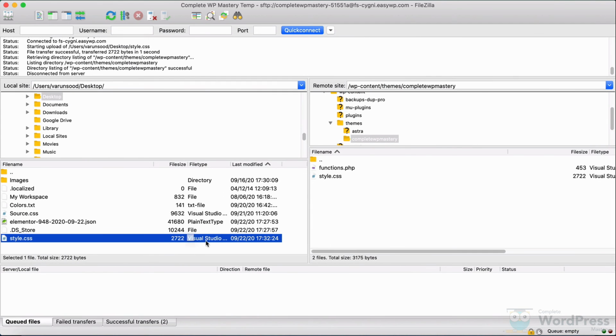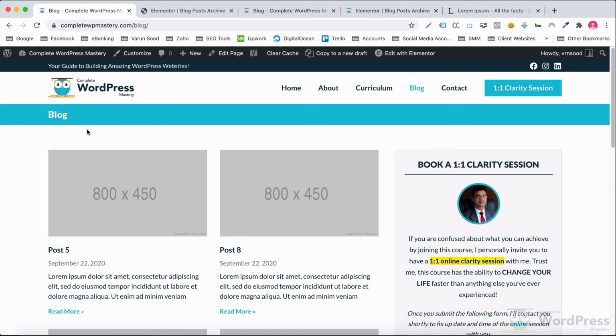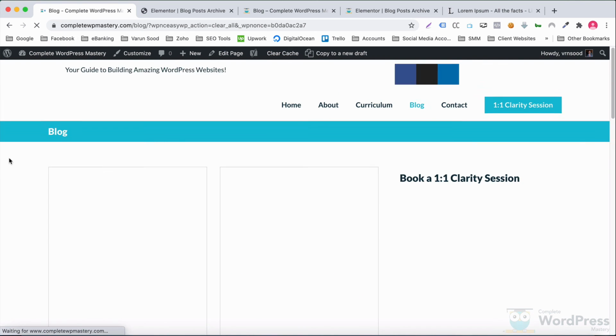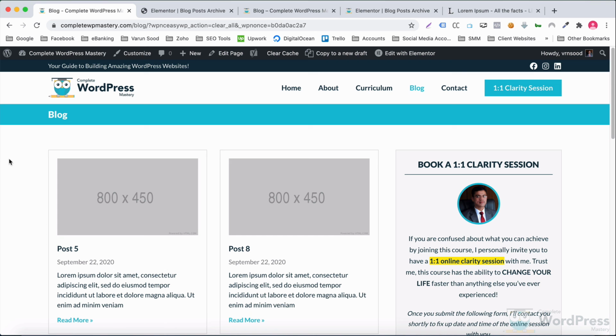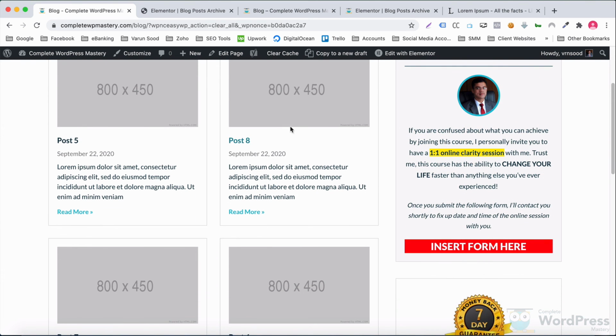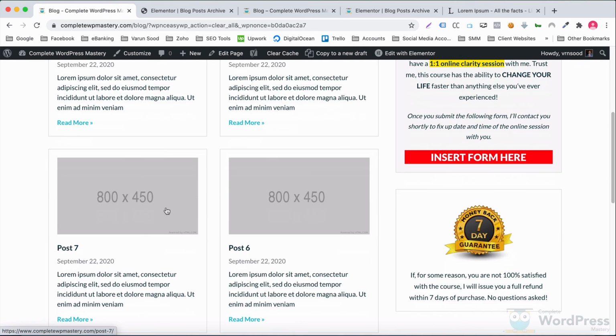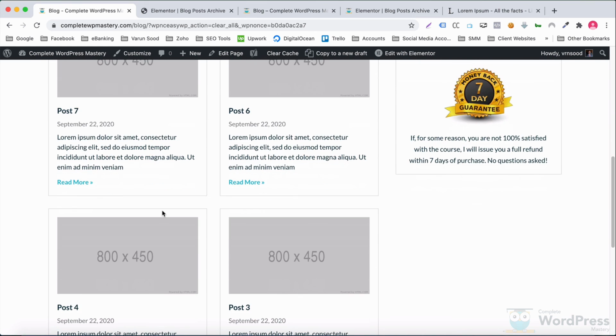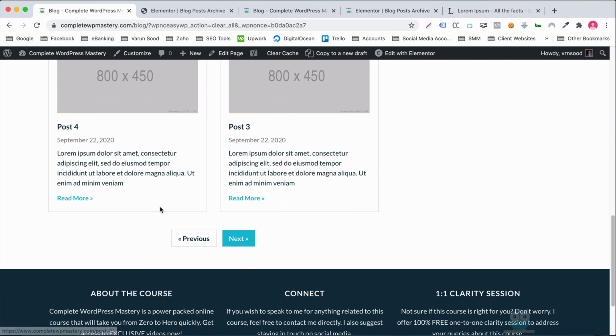Let's upload the file, clear the cache, and reload the page. There you go, our page has been transformed. We have these nice boxes. Our pagination links look great.